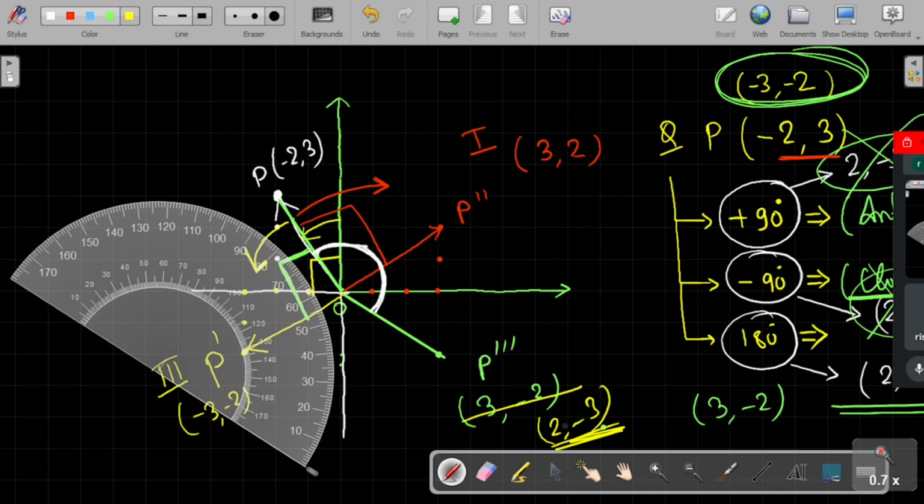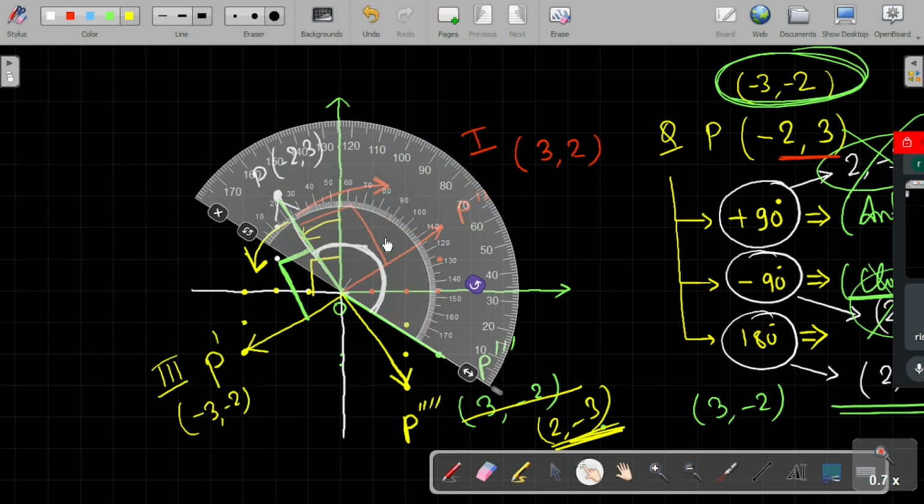Let us try minus 2 comma minus 3. So 1, 2, minus 3. Let us suppose I have named it P 4 times. So my position vector will be this. Please correct this. Are you getting my point? Please note it down. Now this is going to be your 180-degree.